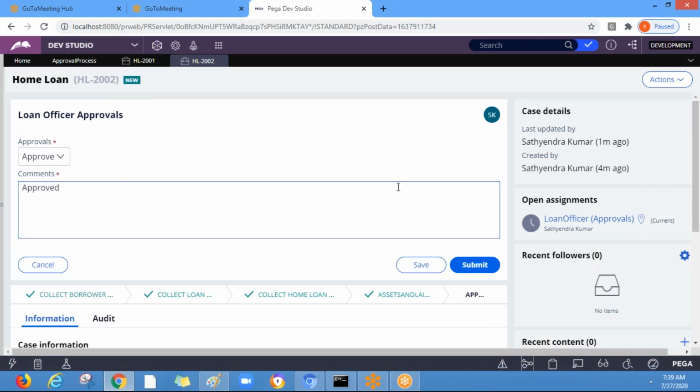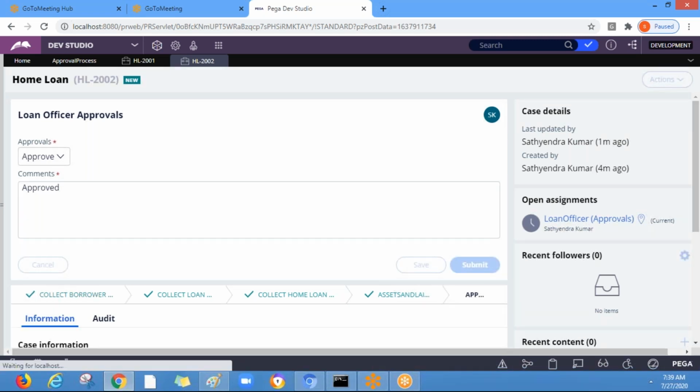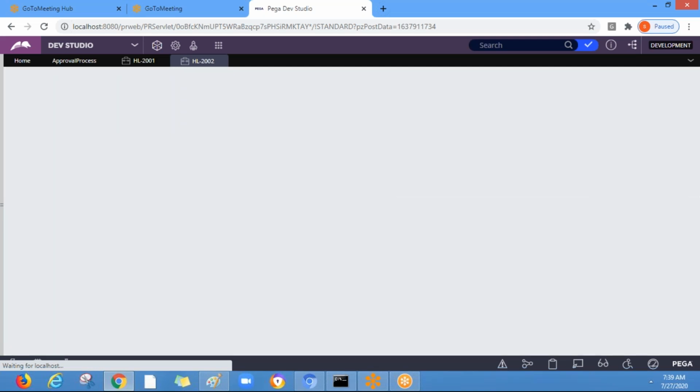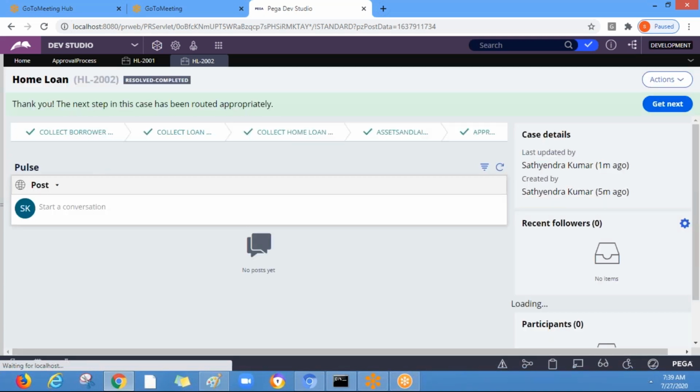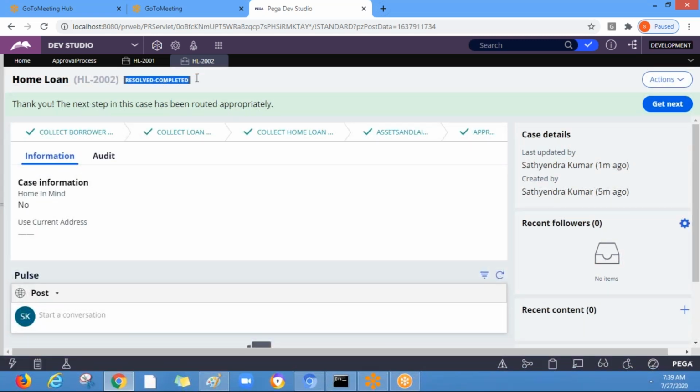Now if you trace it, here we have update status activity, which will update the status. If approvals is approved, it will update the status resolve completed. Otherwise, it will be resolved rejected. Okay.